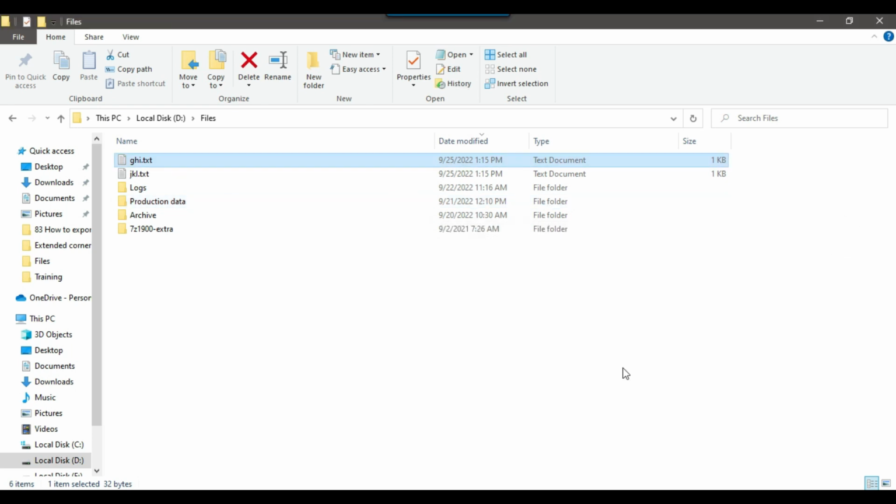So I think this is what we wanted, that we want to just generate the data from a SQL Server table and create the txt file dynamically. So I think that's it for today's video.